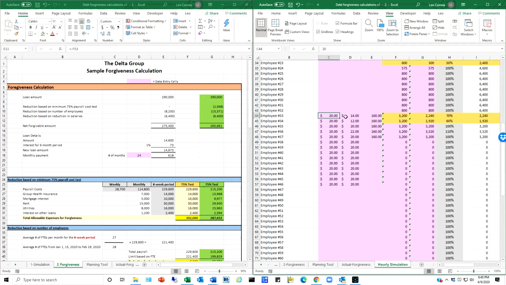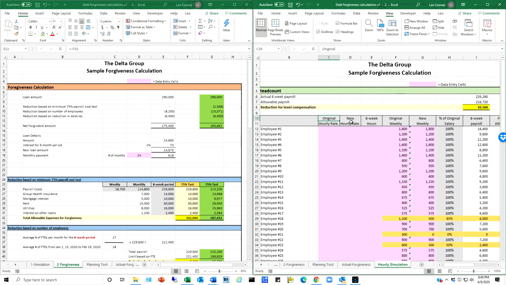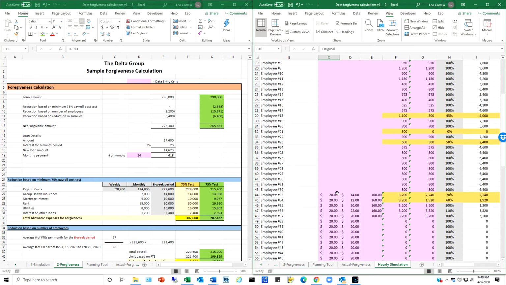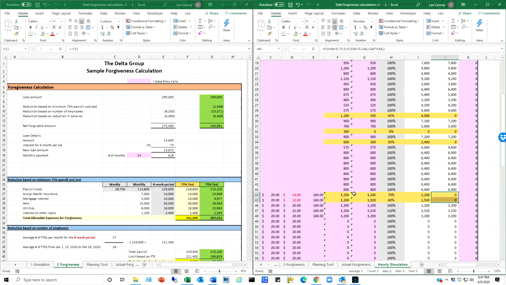what we did is we realized that if we wanted to implement hourly employees, we would have an original hourly rate and a new hourly rate. And as you can see, the people here, I have changed their payroll rates and decreased them, and that would cause a decrease, and that's why these are highlighted in orange. And again, because they had a decrease that was greater than 25%, then I'm not allowed to take them as an allowable payroll cost. So this is how a simulator might look if we added the hourly rate into it,